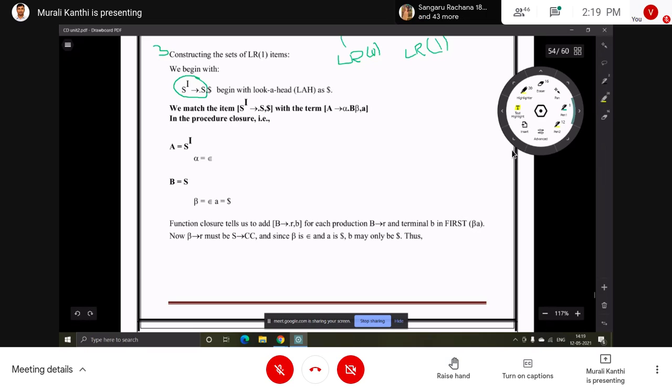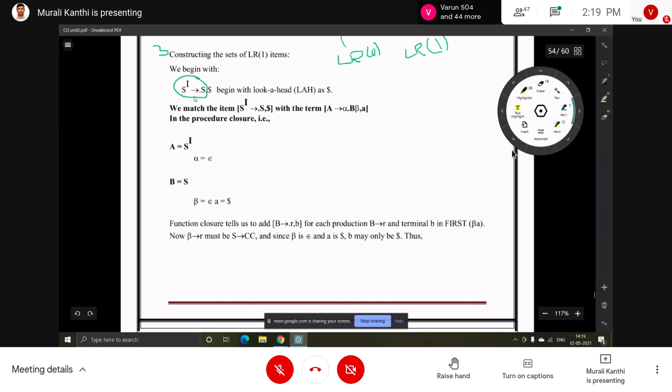So after adding the lookahead symbol to this production, next we have to add the S productions to this. After the dot S is there, S is a non-terminal, so add the S productions. The S productions will be added, and at the same time the lookahead symbol is also required.